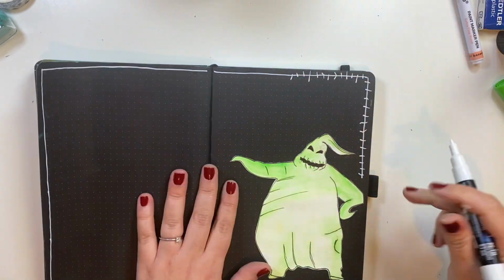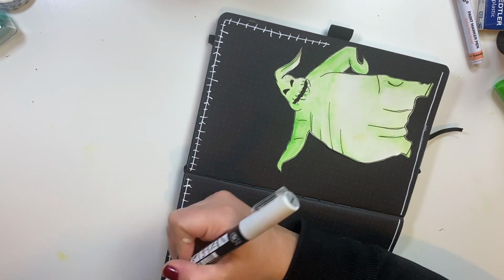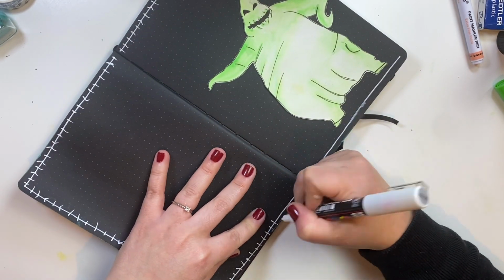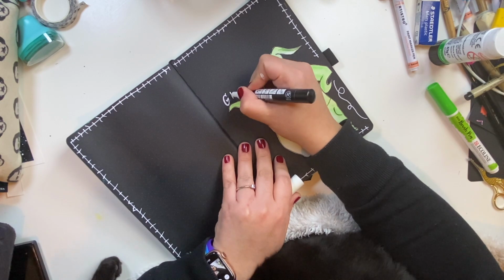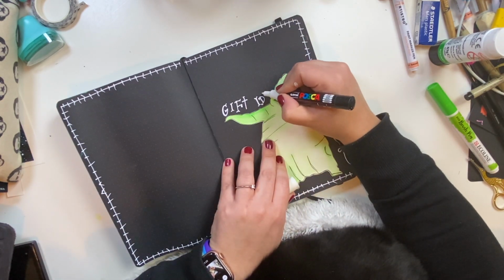I'm also adding that same border that you are already tired of seeing me create, but I just feel like it gives some identity to the spread and makes it a unity and not just independent and different spreads. I'm also adding the title, and now you can see that I have a visitor right here,